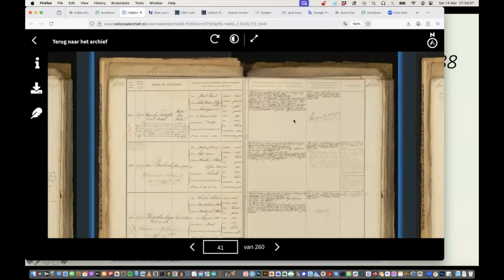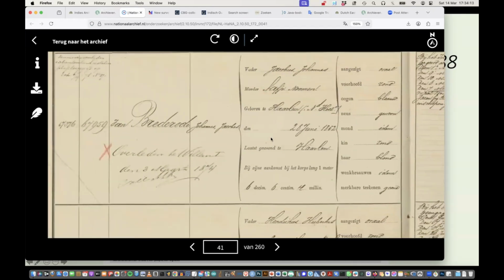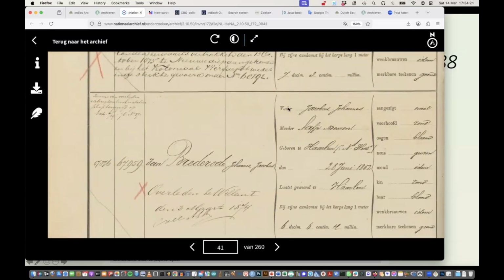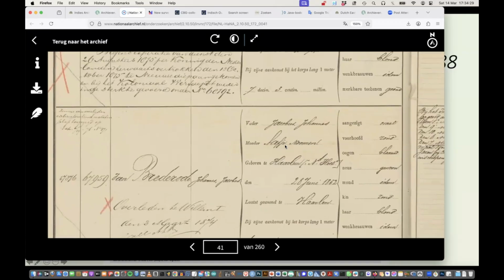Stud book of this person, and you can see here that indeed Johannes Jacobus van Brederode is here, and his father is mentioned, his mother is mentioned, his birth city, city of Haarlem. That's coincidental. I'm living in Haarlem at the moment.